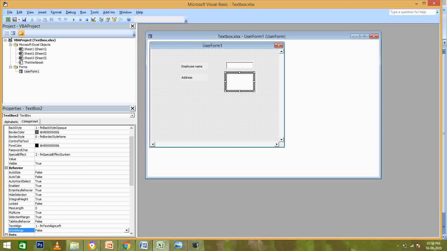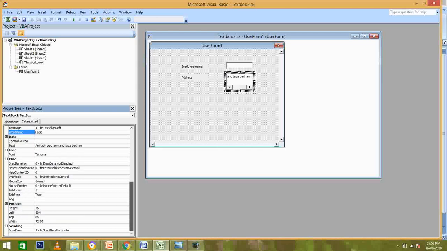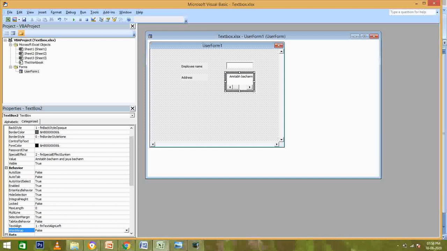So I will write here Amitabh Bachchan and Jaya Bachchan. You can see a horizontal scroll bar appears automatically, since we have chosen a horizontal scroll bar. Once the data I have typed exceeds the text box, it shows.